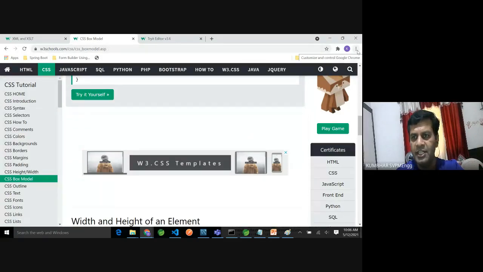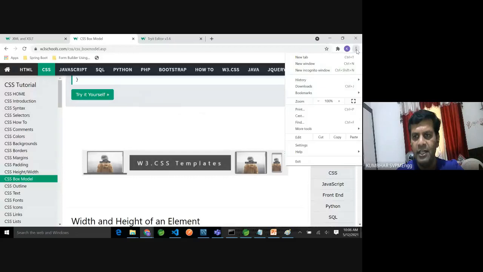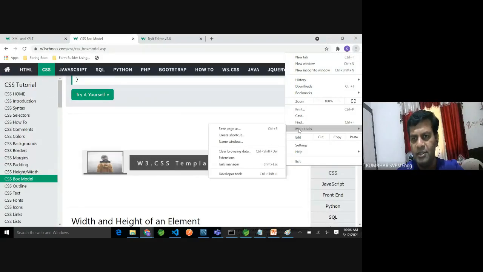If you go here on the right side, three dots, are you able to see these three dots at the right top? My mouse is going there. Yes, sir. Okay, great. So when you click there, you come across more tools. See, different options are there. From that I'm going to more tools, and then you can go here for the